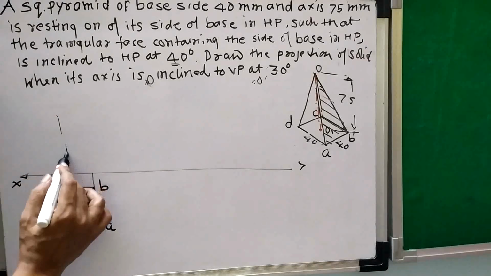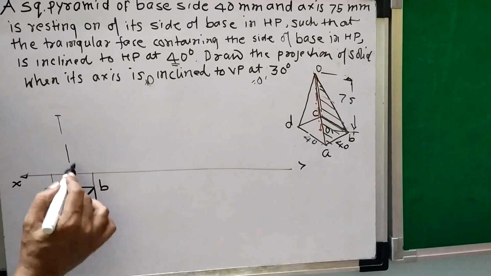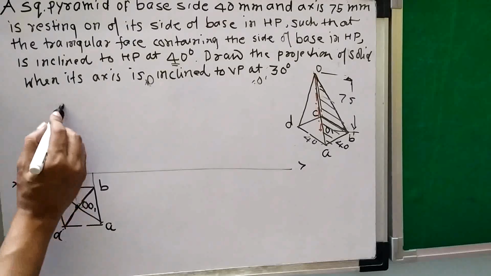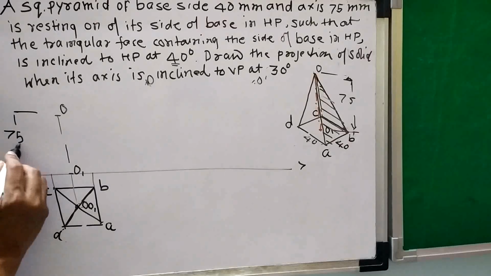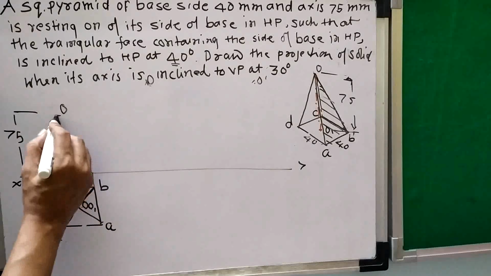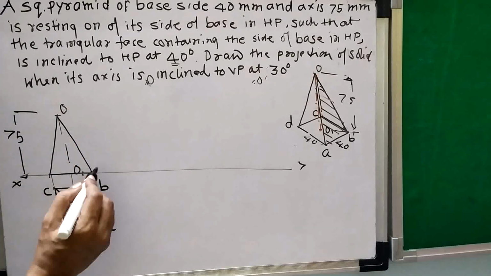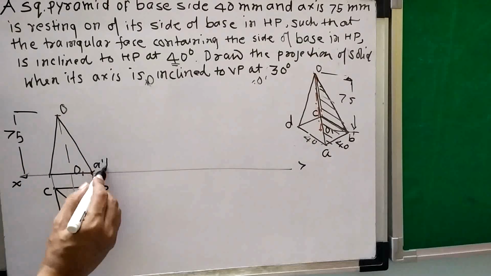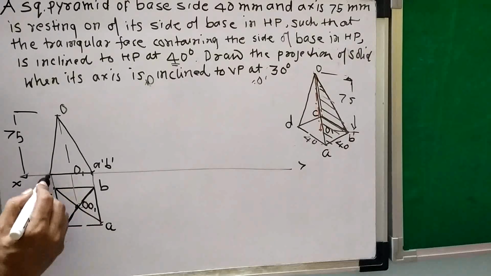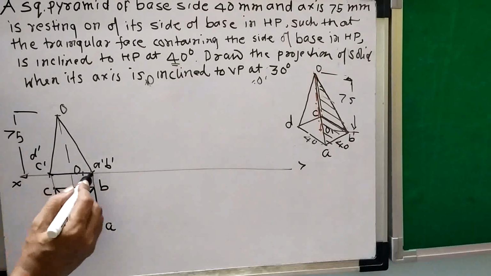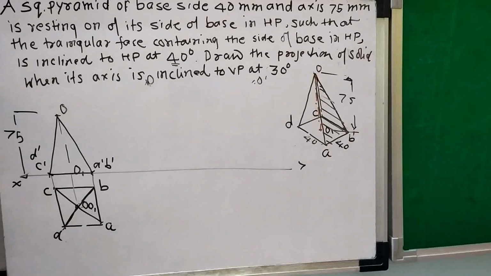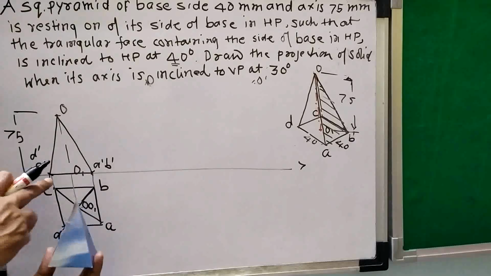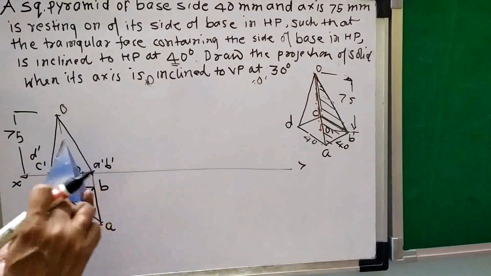In the front view, I will see the triangular face. So in the front view, I will observe the axis height. What is the axis height? This is the apex O, and this is O1. This axis height is given as 75, and so this will be my front view, right? So this is A dash, B dash, C and D is projected. So this is C dash, D dash. So A dash, B dash, C dash is a base, and OA, OB, OC and OD are the slant edges. So this is my first position. When I keep this in the HP, in the HP I will see this view, and in the VP I will see this triangular face.